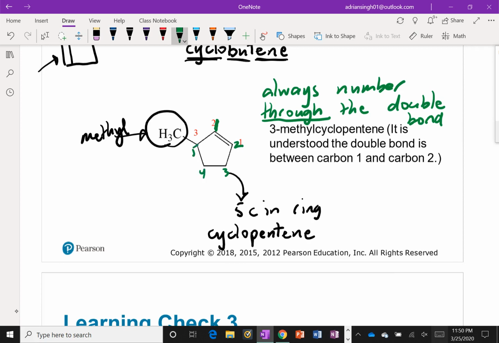So if I number it starting at the top, I have to go clockwise, which means my methyl group ends up being on carbon 5. And that's one option. The other option is to start here as carbon 1, and then I have to go this way and number through the double bond. So this is 1, that's 2, and then my methyl ends up being on carbon 3. That would give the lowest number possible to both the start of the double bond and also now to the substituent group. So now that the methyl is attached to carbon 3, we say it's 3-methyl